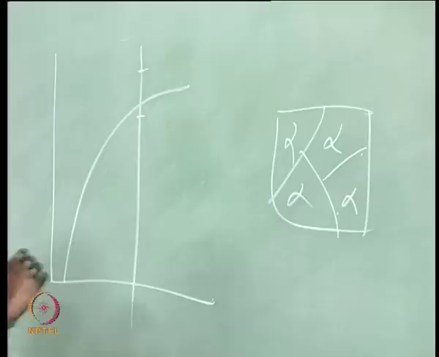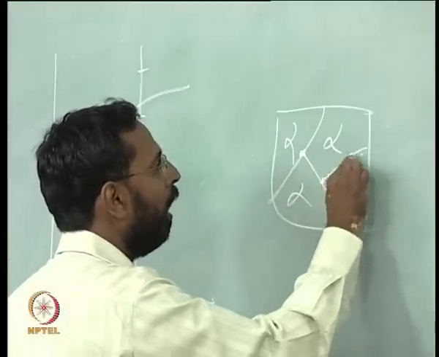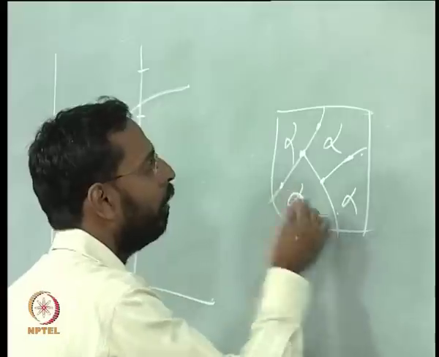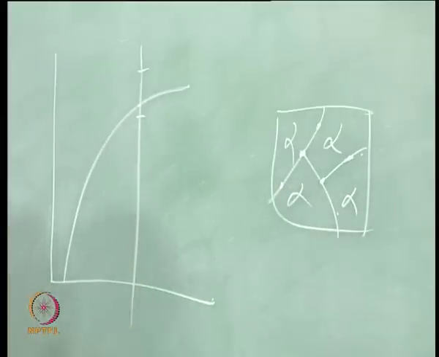The moment I bring the temperature below the solvus, alpha wants to precipitate out the second phase, and the second phase can nucleate at these points and also at these points and then grow. For the nucleation and growth of that, what you need is a diffusion of copper atoms, because the second phase is an Al2Cu phase which has a higher copper content when compared to